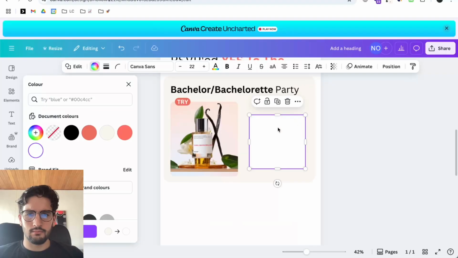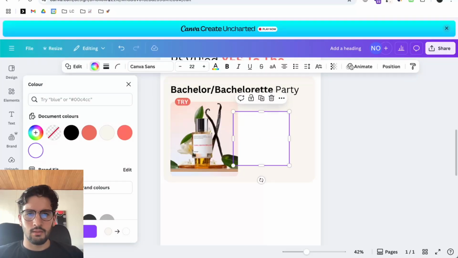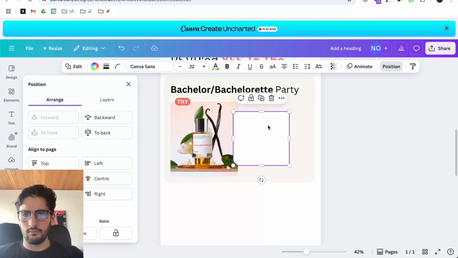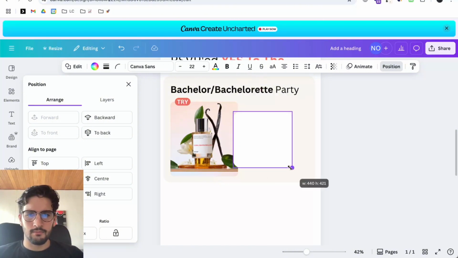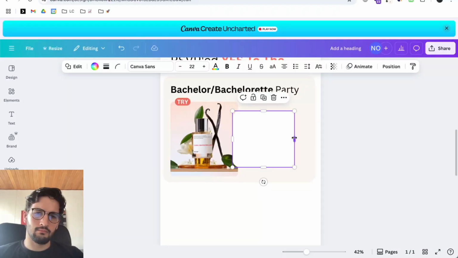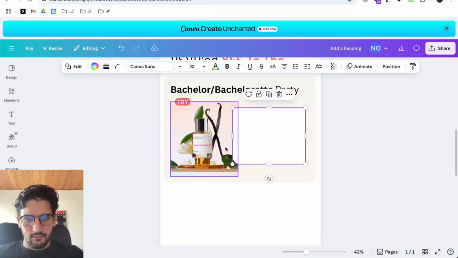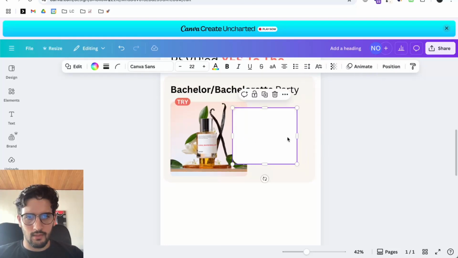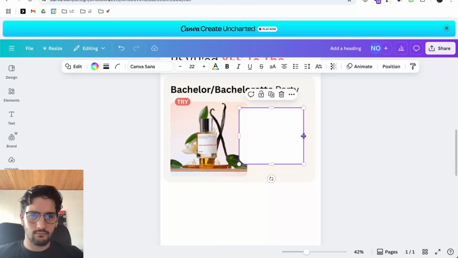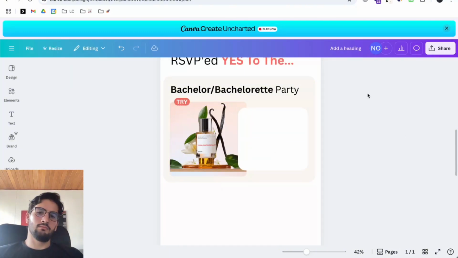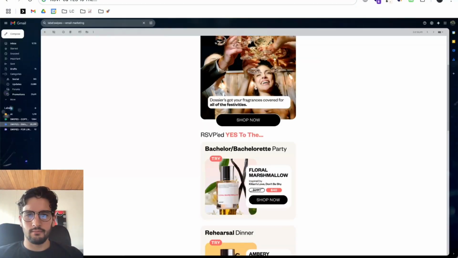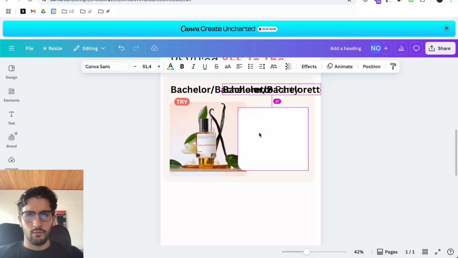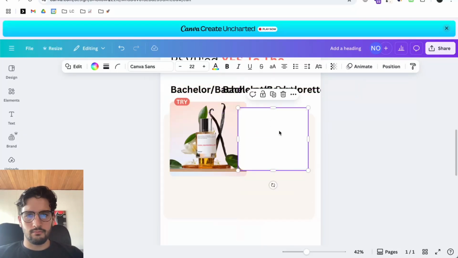So position forward. In the middle right here. I don't know, there's something. Okay, let's make this. Yeah, better. This is much better. Floral. But